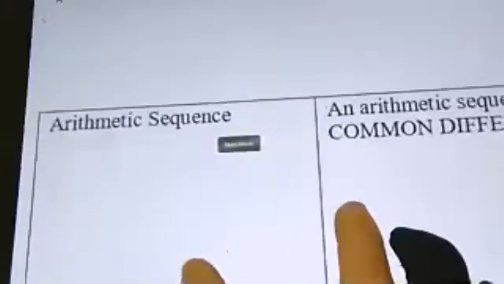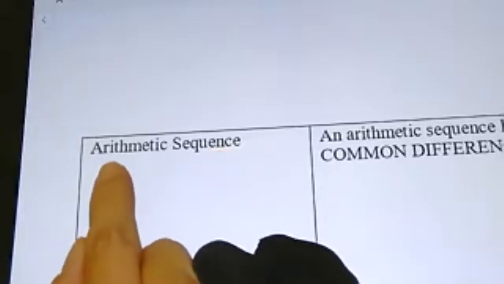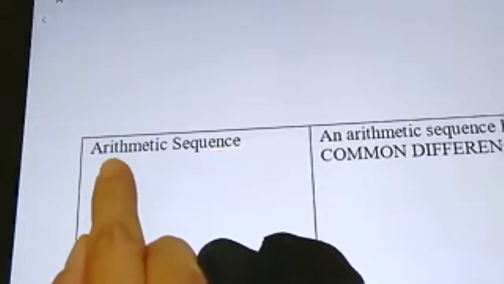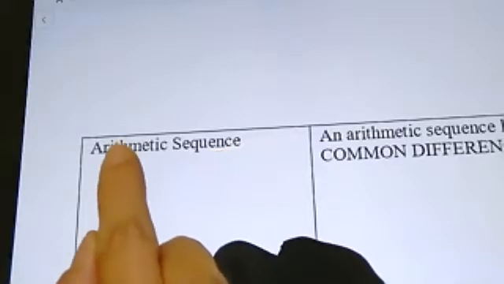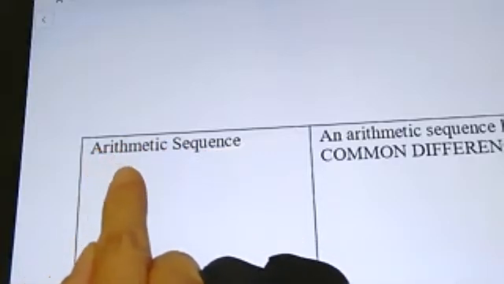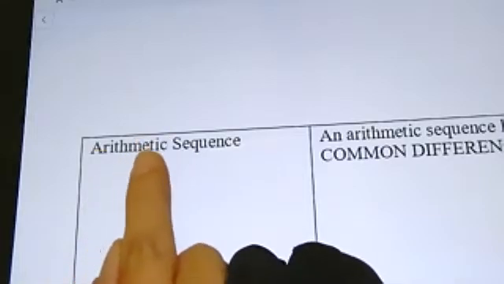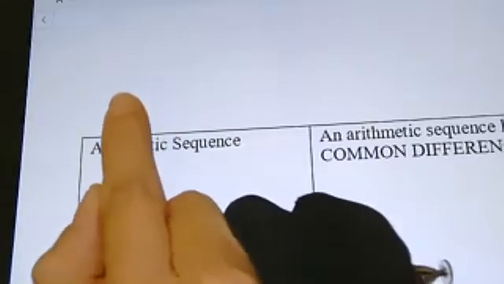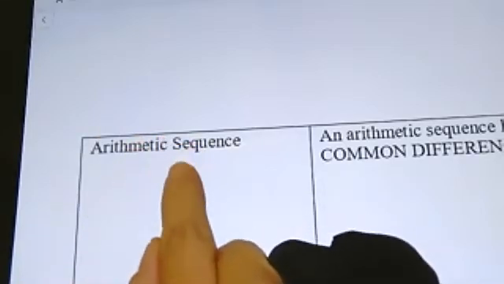The first one is called an arithmetic sequence. Yes, this is the exact same spelling as the word arithmetic, but arithmetic is a noun. And when we put it in front of a noun, it's now an adjective. And then our screwy language decides to pronounce it differently. So now it's arithmetic, even though it is the same spelling as arithmetic. So an arithmetic sequence